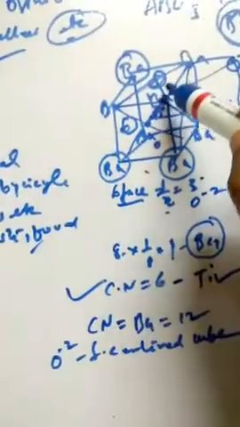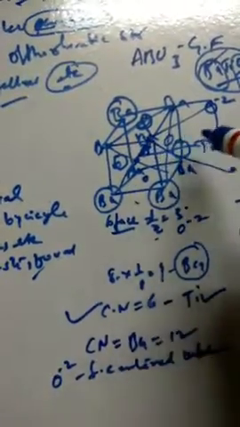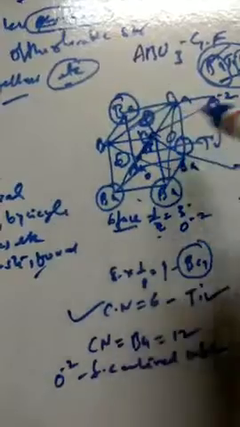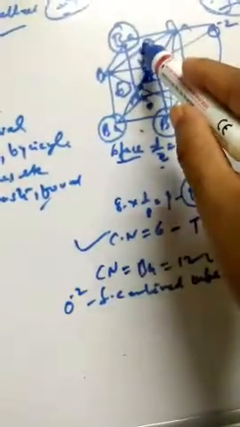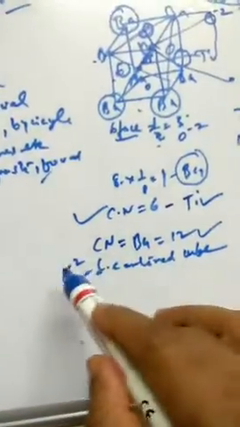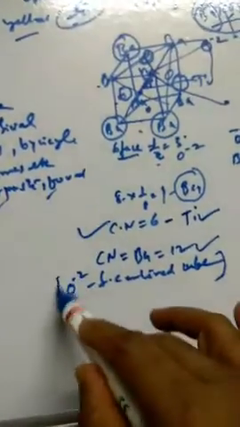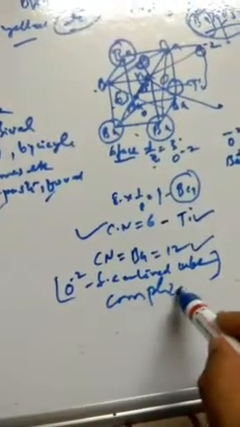So barium here is having the coordination 12, so it is attached to this oxide here, 1, then 2, 3, then outside one more unit, 4, then here 5, 6, 7. So one more unit cell will be there, 8, 9, 10, and here one, 11, 12. So total barium has the coordination number of 12, and the oxide O2 minus ions are at the face centers, so they have the face-centered cube like structure, very complicated. So this is how we can explain the structure of the perovskites.